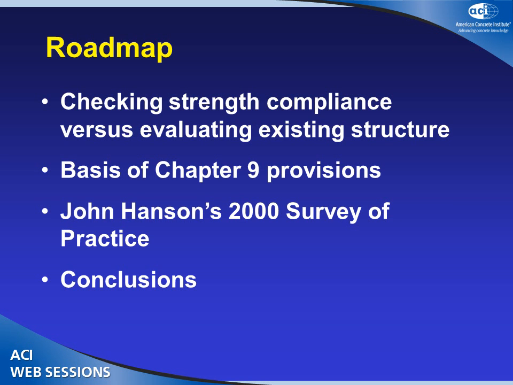We're going to talk about 4 things here. First, as I mentioned, the difference between checking strength compliance in accordance with ACI 318, Chapter 5, and evaluating an existing structure. We'll talk a little bit about the basis of the provisions that are in Chapter 9. Since we came up with the first edition of 214.4, John Hansen did a survey of practice, which appeared in the 2007 ASCE Journal of Performance of Constructed Facilities. And it's interesting to see what practitioners were thinking in his survey. Worth noting that his survey was done before the 2003 version of the document was available,